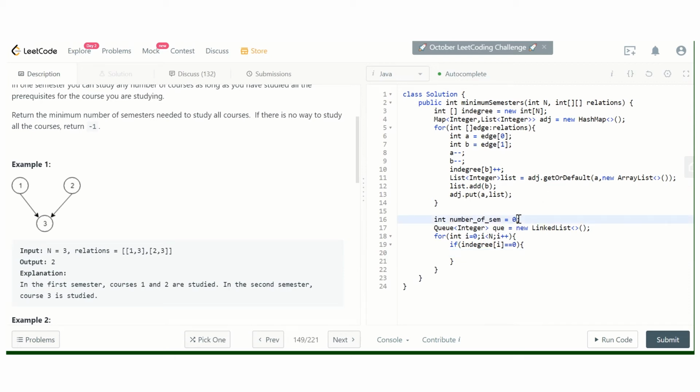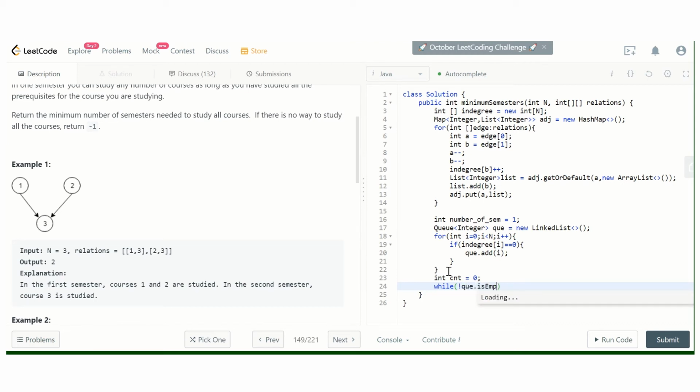So we have to make this one. One more variable count to count the number of courses that we have already taken.